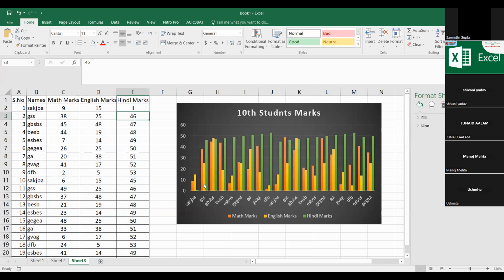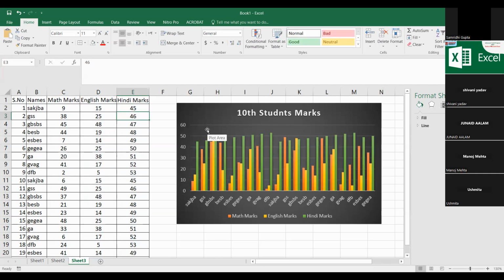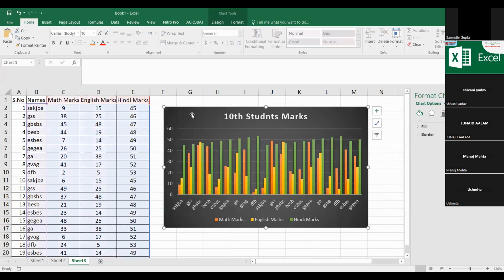Ushmita has sent a message asking if I am changing anything in the data, will it affect the graph. Yes, it will do the same. If I add 100 over here, see, it has gone to 100. That is up to the user's choice, how the user is manipulating things, as long as it is available in this particular area. Then if I am copying it and pasting,